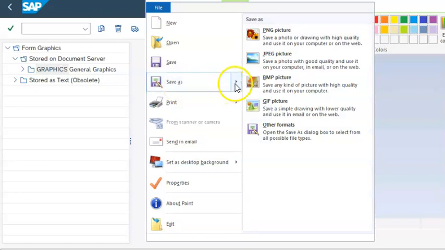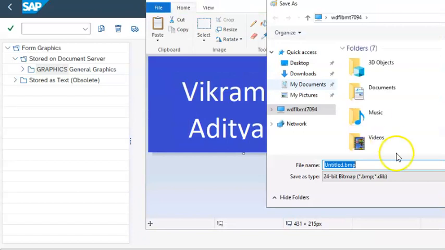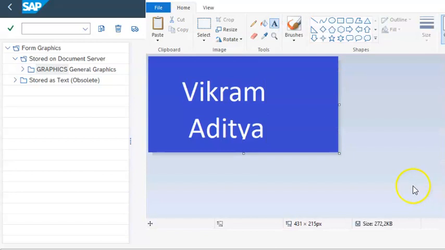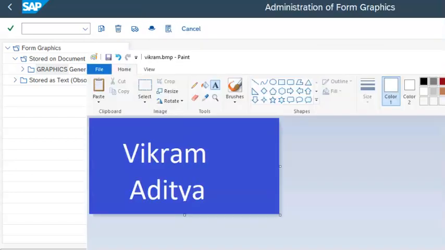In the save as we'll go ahead with .bmp. It's very mandatory that we have to save it in .bmp, otherwise we cannot use it. So I'm selecting it on the desktop. So save it. And once you save this in the bitmap image, whatever image you would like to save,